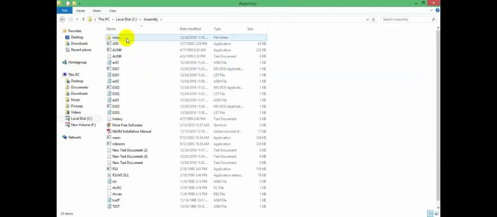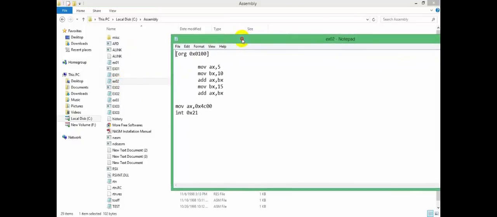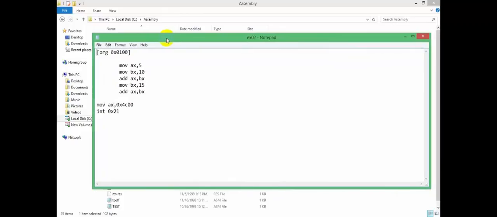Okay, at the first one, go to assembly, and here I have already written the program. The first problem is to add three numbers by using registers. So you can see AX and BX registers are used. AX is the accumulator, and it is not saving an address, so it is a general purpose register.